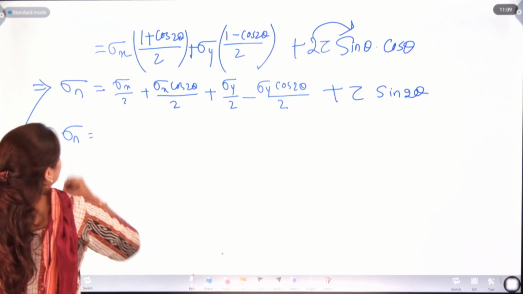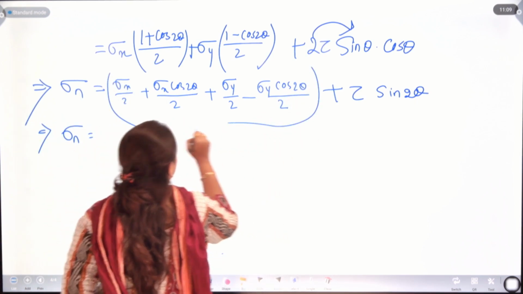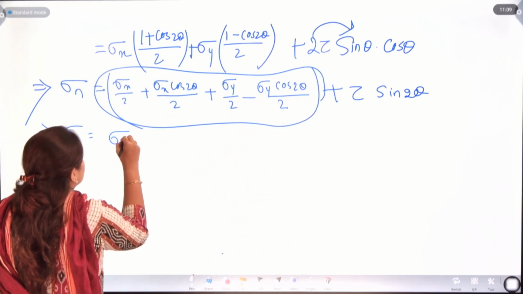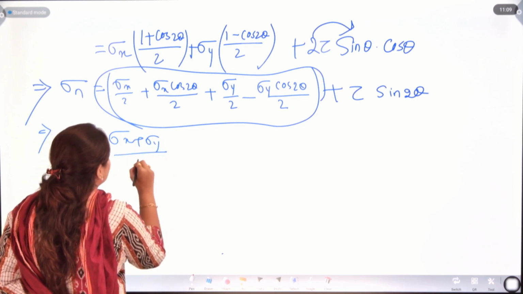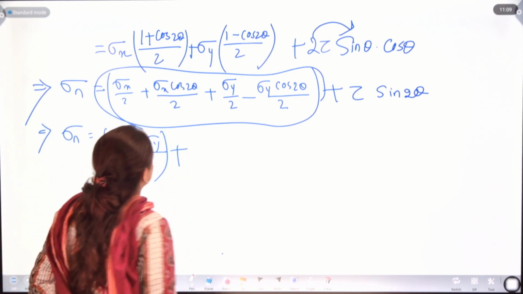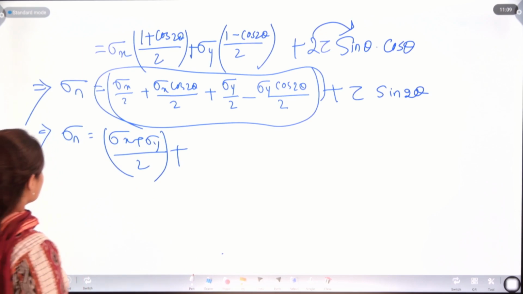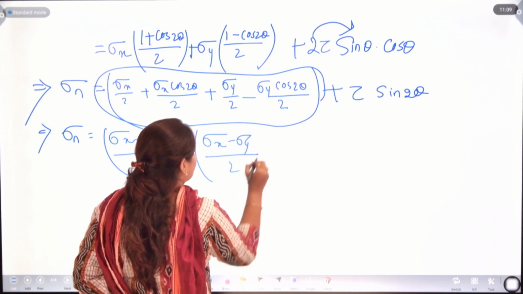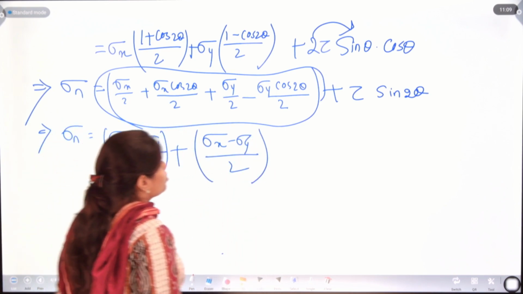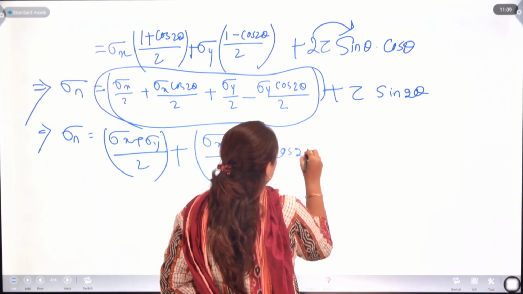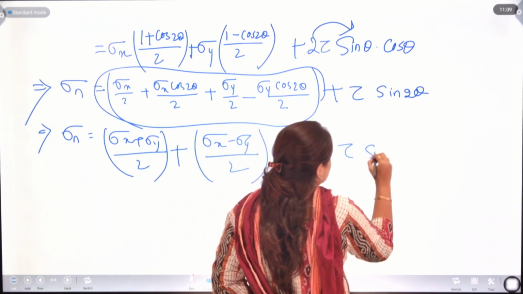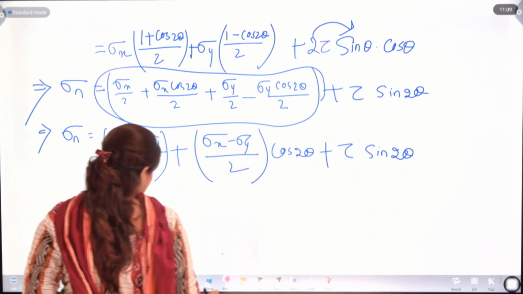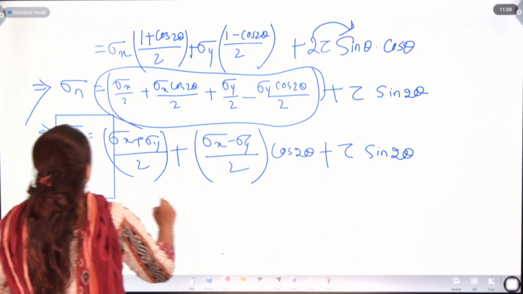Now, if we just beautify this, we can write sigma x plus sigma y upon 2 plus sigma x minus sigma y by 2 into cos 2 theta plus tau sin 2 theta. Okay. Now we have the equation for